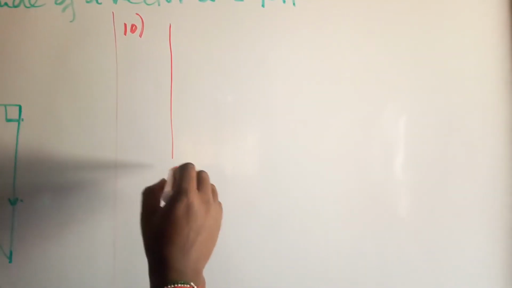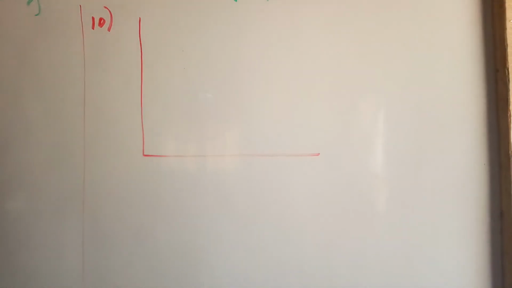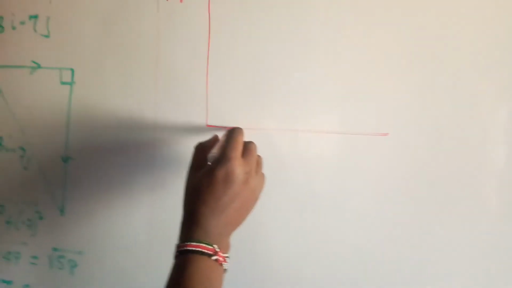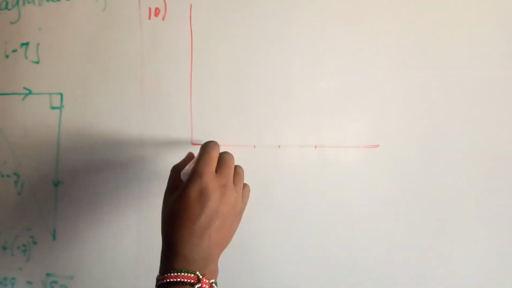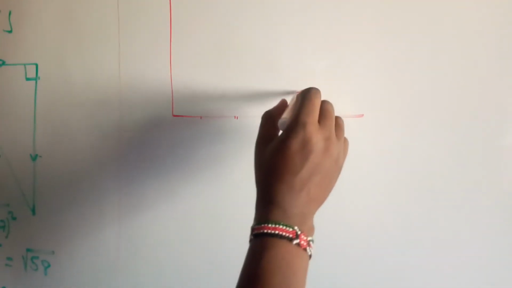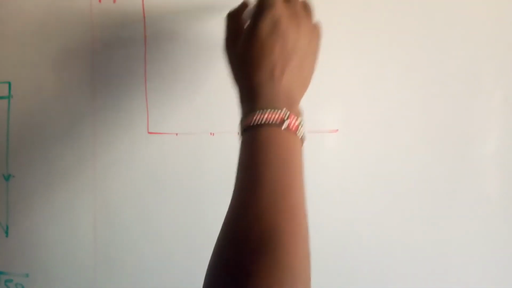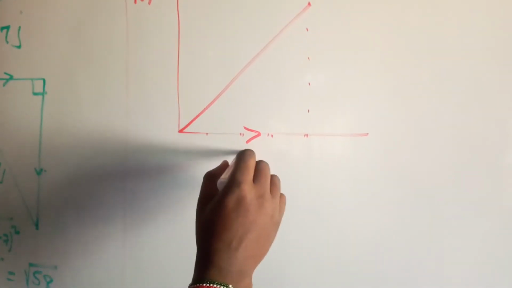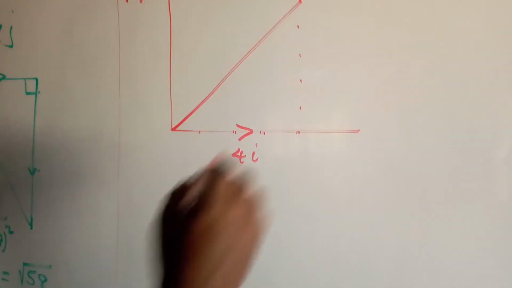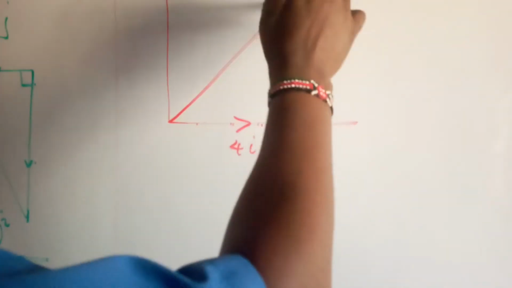If this is the y-axis and this should be the x-axis, then 4i plus 5j: 1, 2, 3, 4, 1, 2, 3, 4, 5, that is the vector, because we have to go 4 steps along the x-axis and of course 5 steps,